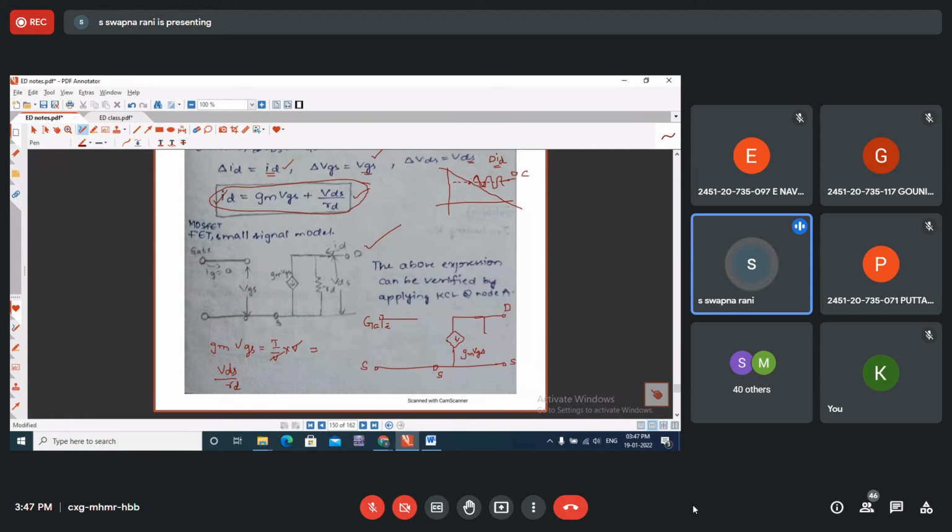So if I introduce a resistor RD, the voltage across this RD is VDS, then the current flowing through this resistance is VDS by RD, and the current flowing through this branch is GM into VGS. So if I apply KCL at this node,